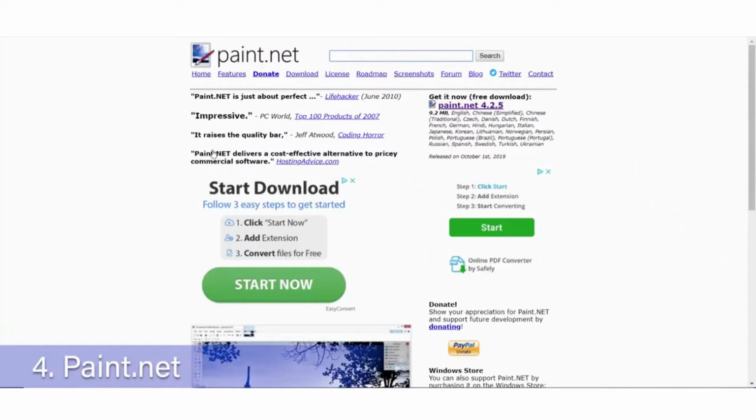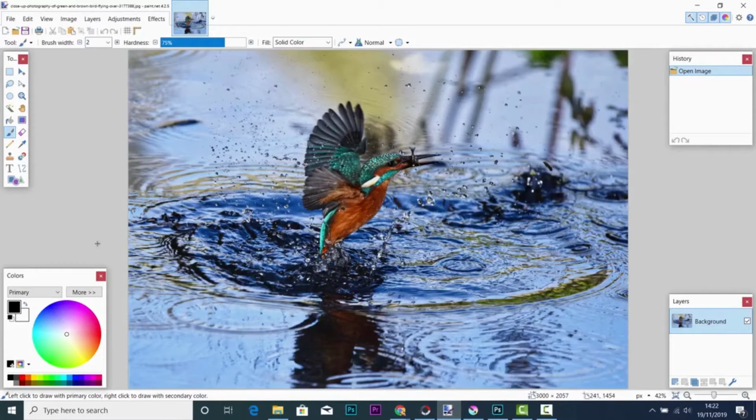In at number 4 is Paint.net. This is available to download from Windows 7 or newer. This is quite easy to understand, and the layout, even though it might look a little bit dated, is actually very easy to use. On the left hand side you have the Tools section, and you even have a whole